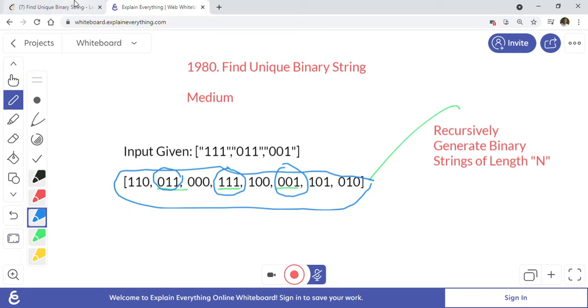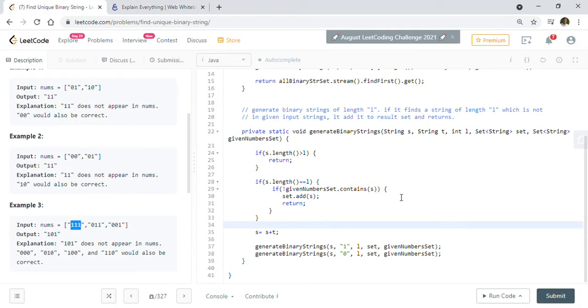I'll just show you the code first. We are going to generate all the binary strings recursively, and we will return as soon as we find a string of length n which is not in our given input set. We will add it into our result set, which is the set that we are passing.